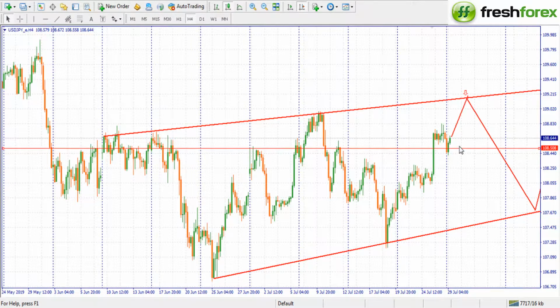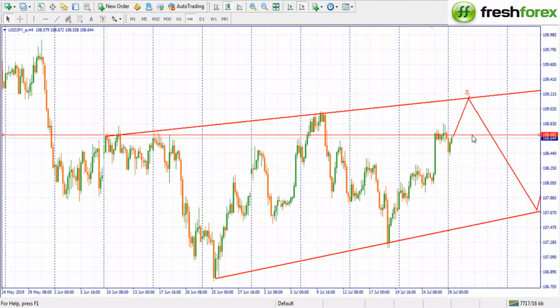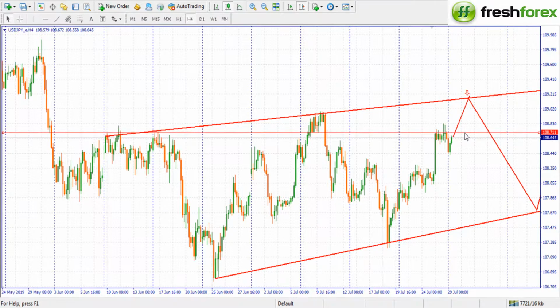If you want to trade this correctly, you may want to wait for price to go above this level here. Wait for price to ascend above around 108.711, then retrace back slightly before you can pick a buy to the top. So ensure you're waiting for that buy, especially if price can break above, then retrace back. We'll expect it to proceed even higher. So we move forward to our next symbol, and that is